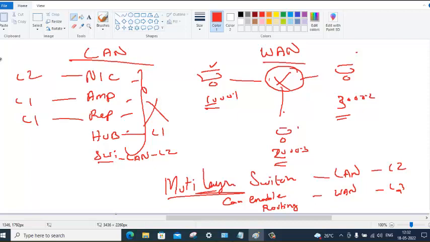Does a switch learn MAC address? Yes. So a switch is a layer 2 LAN device. Does a hub learn MAC address? No. So a hub is a layer 1 device. Even though it's a LAN device, it is a layer 1 device because it doesn't learn MAC address. Amplifier, repeater, they don't learn MAC address.